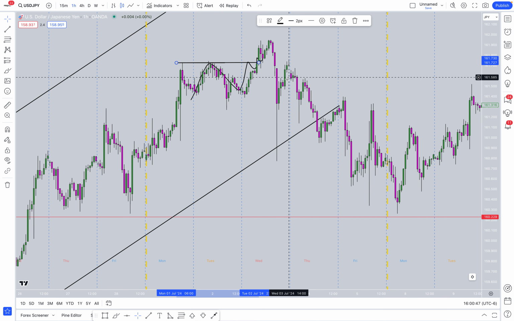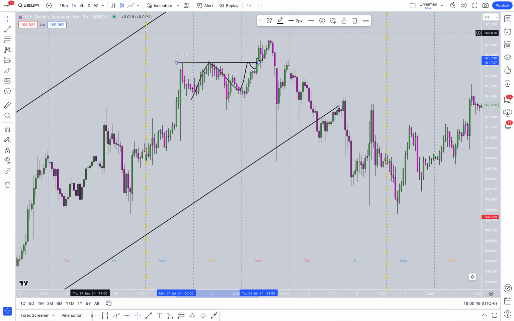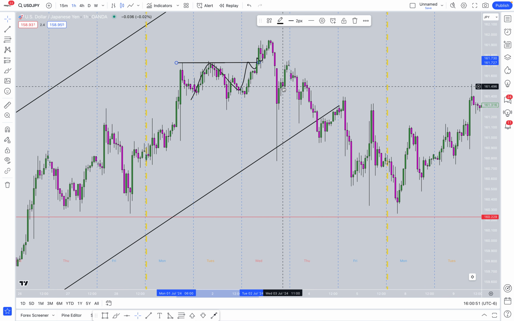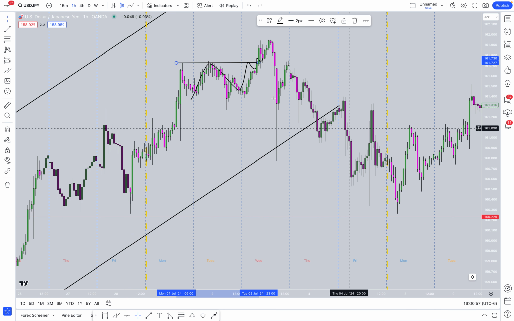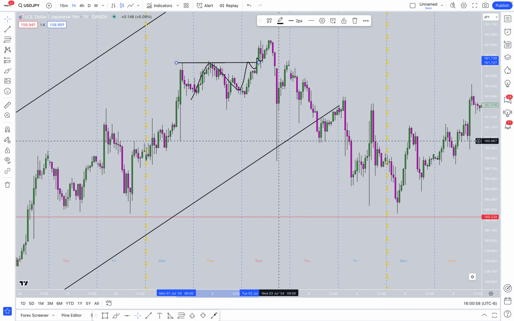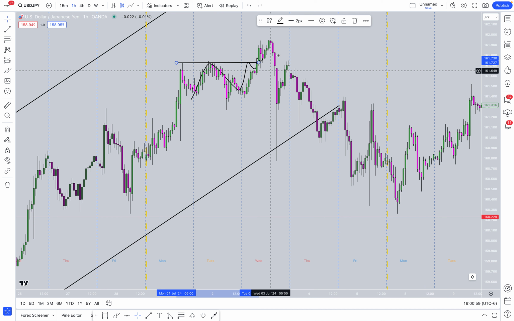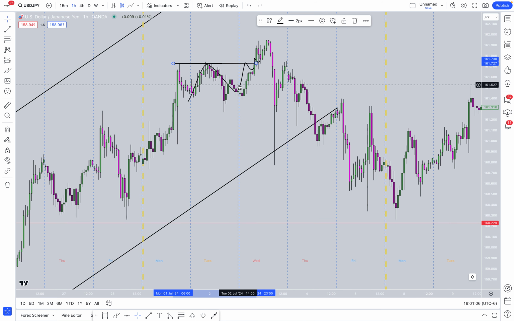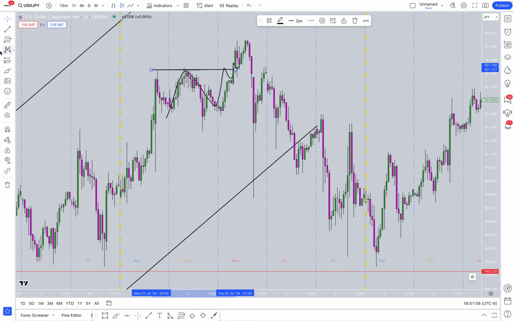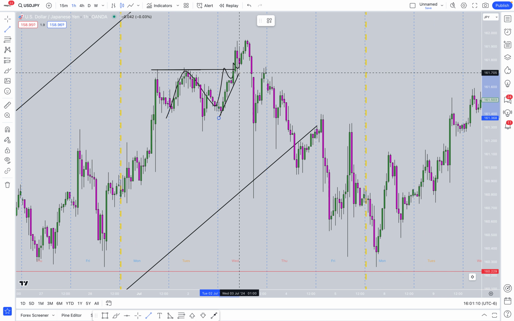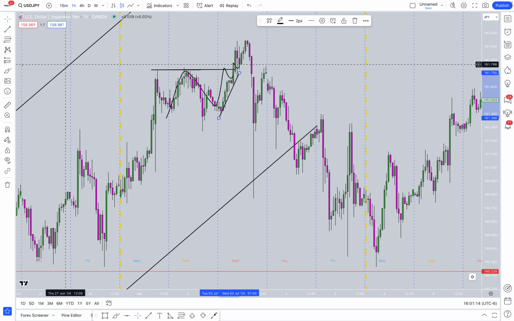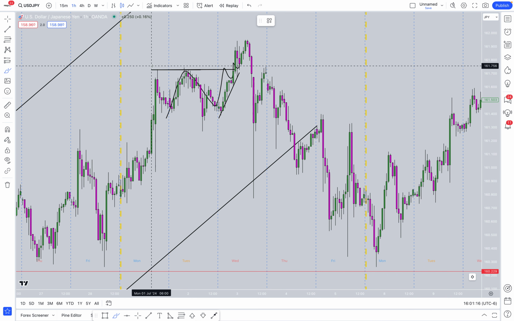However, when I originally analyzed USDJPY, we were right around here, and I thought there was still a potential to get in on that move, that potential midweek reversal. I thought this was just a pre-move to this overall reversal. So we can see that triangle formation played out nicely, and right above here